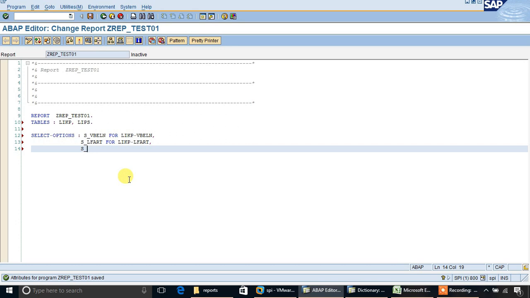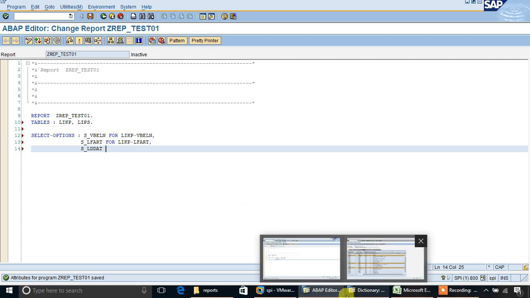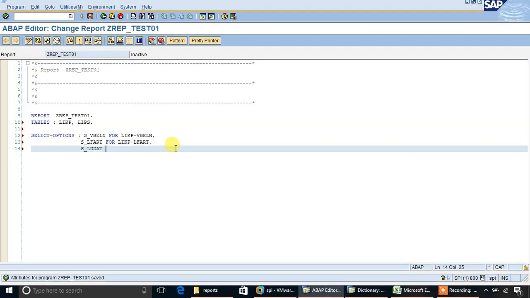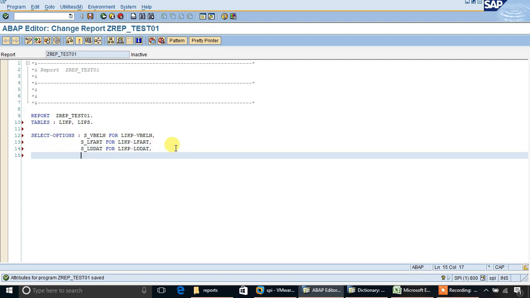And S underscore LDDAT for LIKP LDDAT. Here we also take the material number field from the LIPS table.